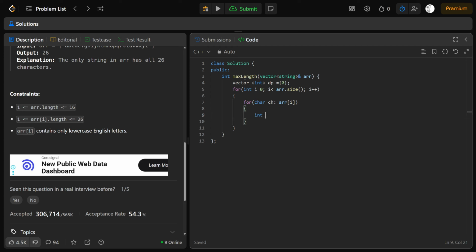So we need to generate a bit mask for each character. ठीक है, bit mask character. So let's say कि bit mask character 0 है फिलहाल के लिए, ठीक है? For this given character, we need to check and set it accordingly. So we will have int value equal to ch minus 'a', कर दो इसको, ठीक है? अभी हमारे पास 0 से लेकर 25 तक वैल्यू आ जाएंगे, ठीक है?